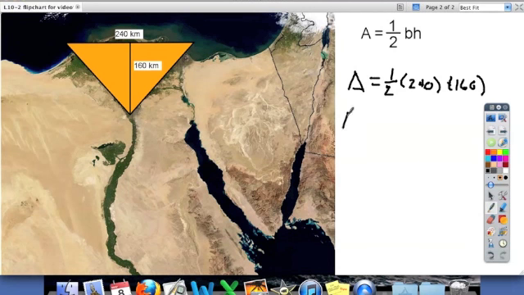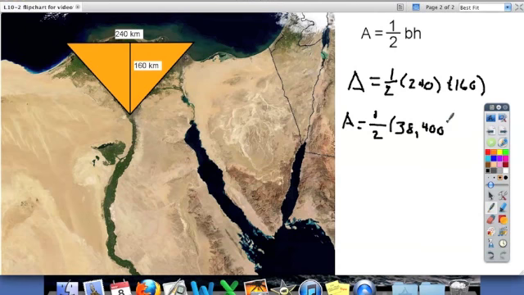So if I multiply that out, I come out with 1/2, and 240 times 160, multiplied together, is going to come out with 38,400 kilometers,